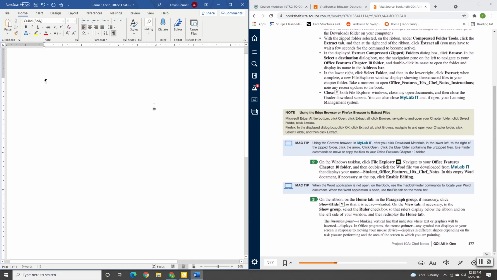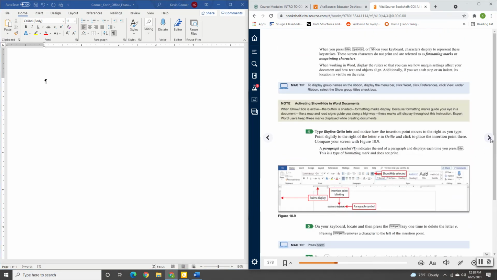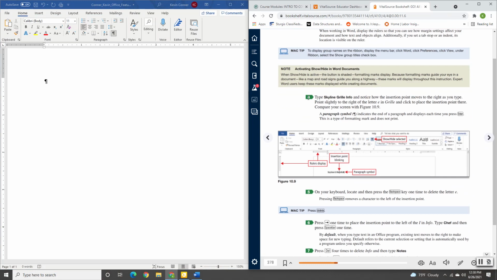Let me go on to the next page. Again, they'll talk about the non-printing characters. And here in step 4 on page 378, they're actually going to have you type in your first content and type it in as it shows in the instructions. You can use the actual written instructions, and please read these in detail. Try not to skim,